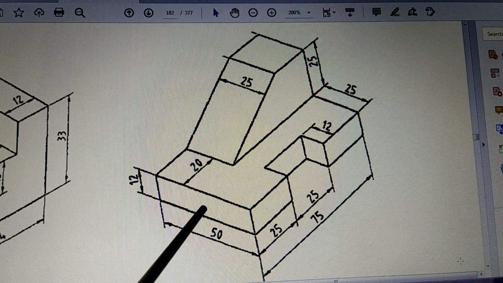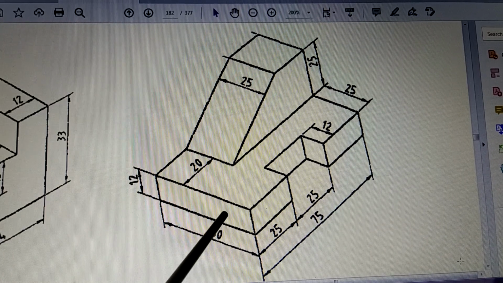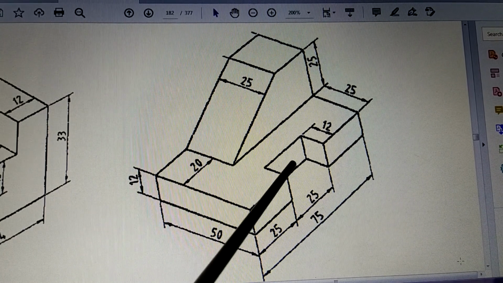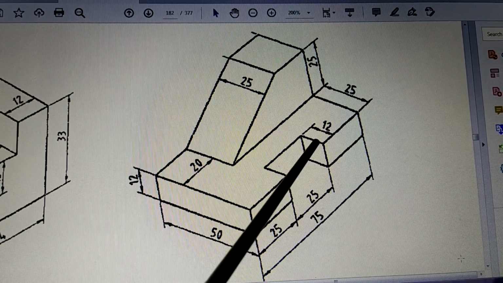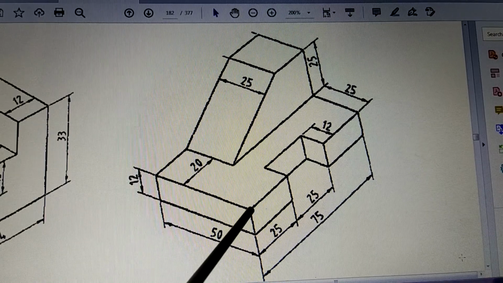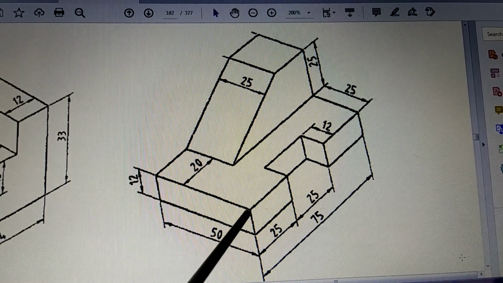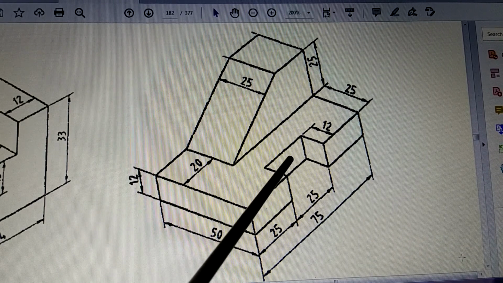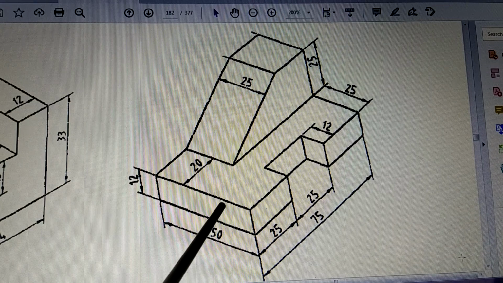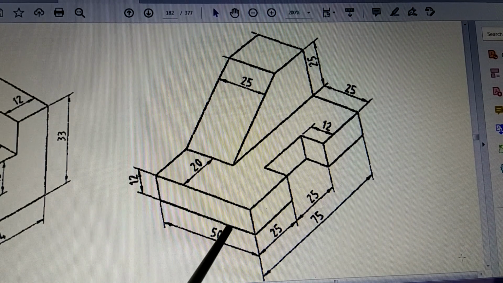So we draw this. After that, you can see this surface is exactly behind this rectangle. So this surface is there, but it is not seen. So exactly here, that means at a distance of 12, if you take a distance 12 from here, somewhere here, you have to draw one vertical line like this, and this line is representing this surface, but since it is not seen, you have to draw this as a dotted line. So one rectangle and one dotted line will be there.